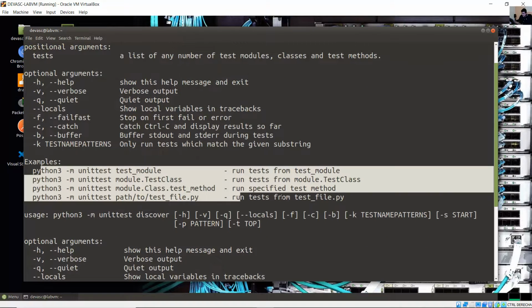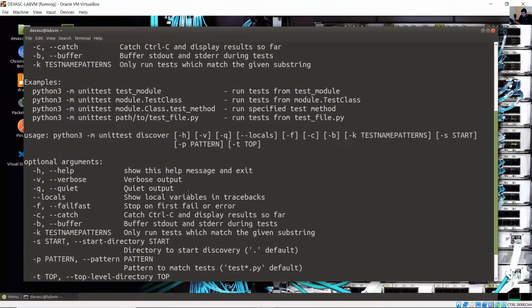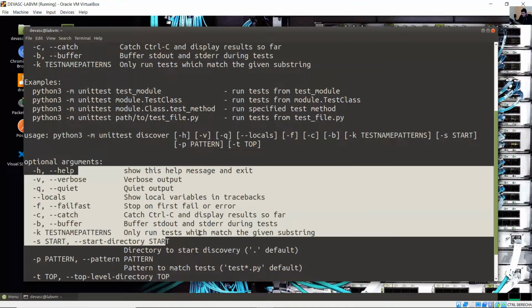The examples: test module, module TestClass. Other examples: unittest discover. The options: